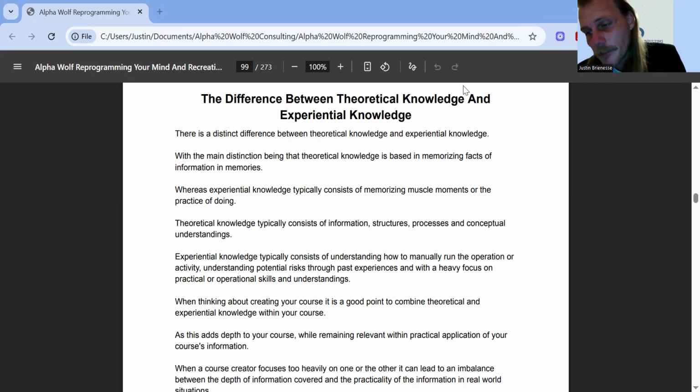So if I'm doing theoretical knowledge on sales practice or sales processes, and I'm just giving them overarching understandings of what is overcoming objections, and I'm not giving them how I overcome objections or ways in which our company overcomes the objections, they will understand the concept of it, but then they will have to go out there and figure it out for themselves. Does that sort of make sense?